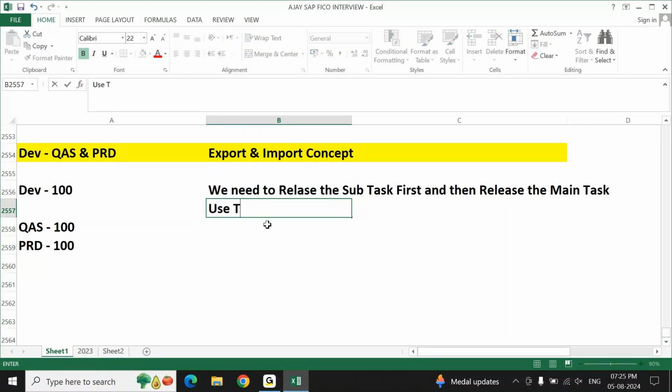use T code SE01 or SE09. Anything is okay. You can tell I have used SE01 or I have used SE09. Anything is okay. But you will be using SE01 T code or SE09 T code to release a TR,